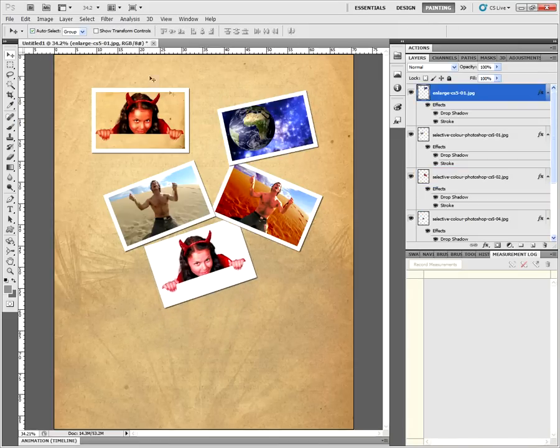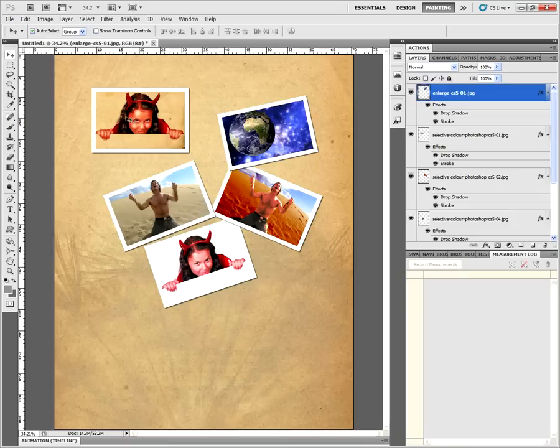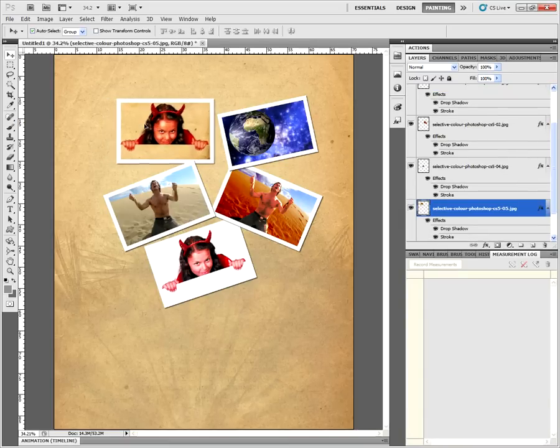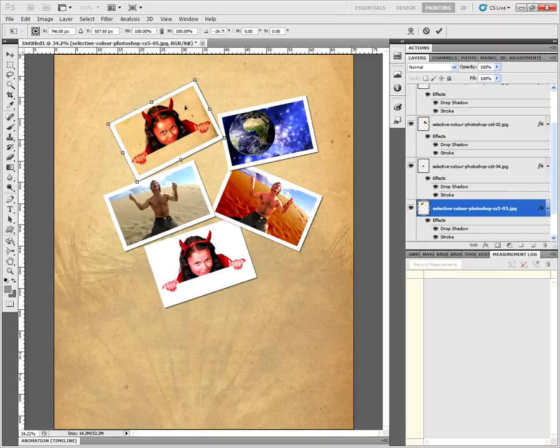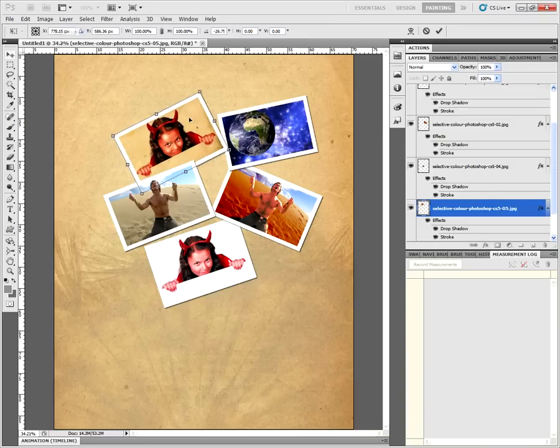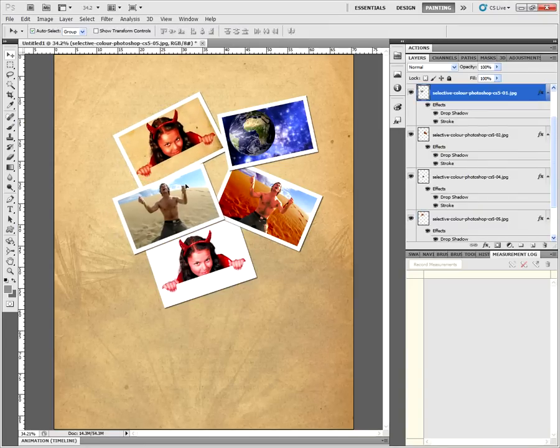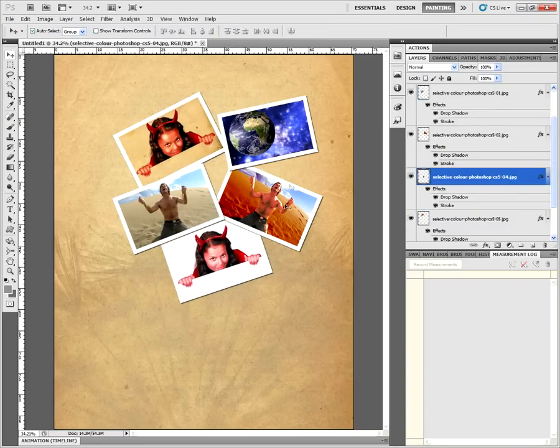Because I've got the auto select with the move tool selected, I can just click on an image that I want to transform and it becomes active for the transform command. So let's just rotate this way, bring it down a bit maybe,